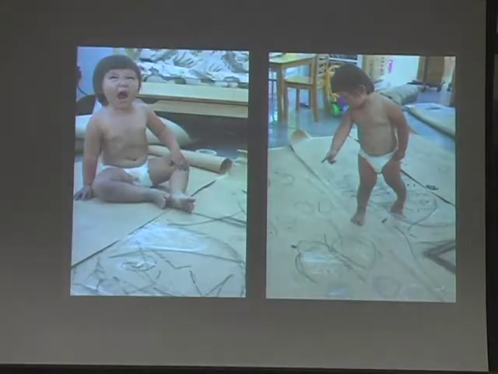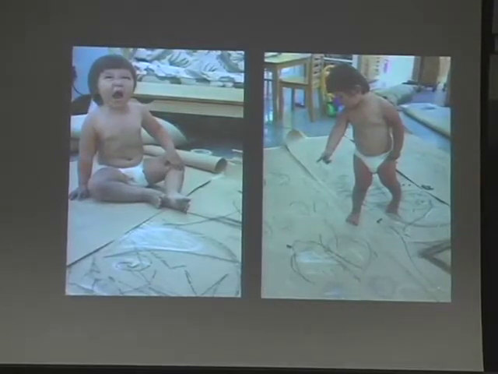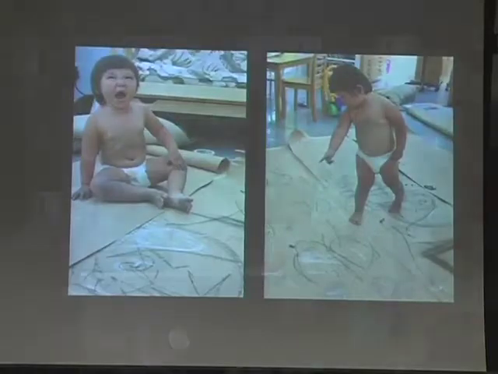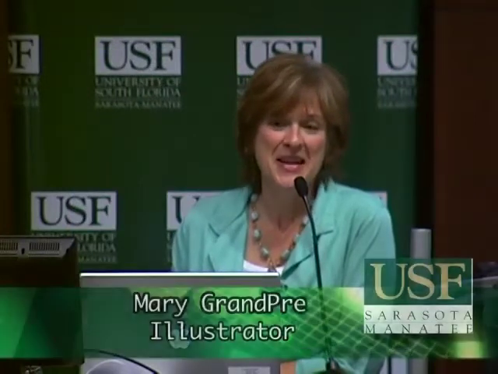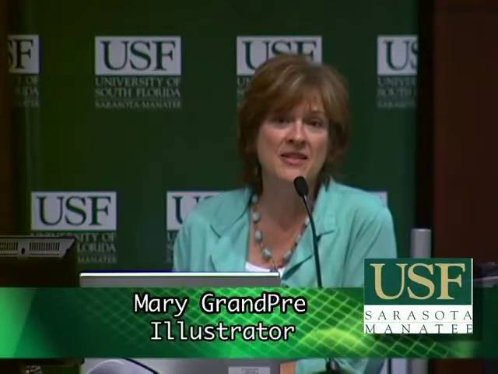This is Julia, shortly after she got to our house from China. She was almost 2, and she had a huge, passionate curiosity. And our studio was attached to our kitchen. It was right off the kitchen at that time. We've since built a new studio because it's ridiculous to think I could actually work down there with a now 6-year-old. So anyway, we just rolled out the papers, put out the chalks, and let her go at it.